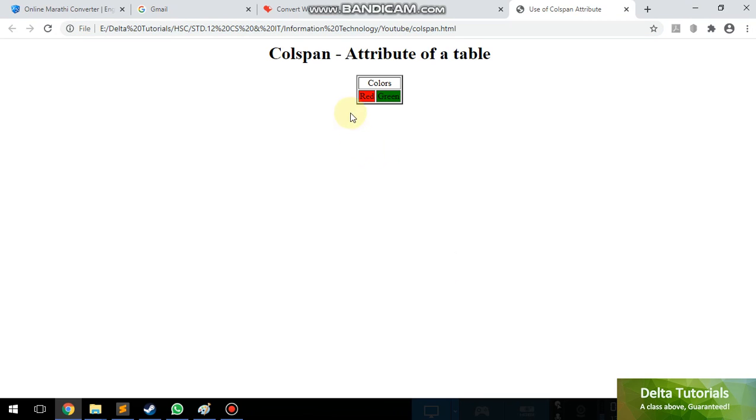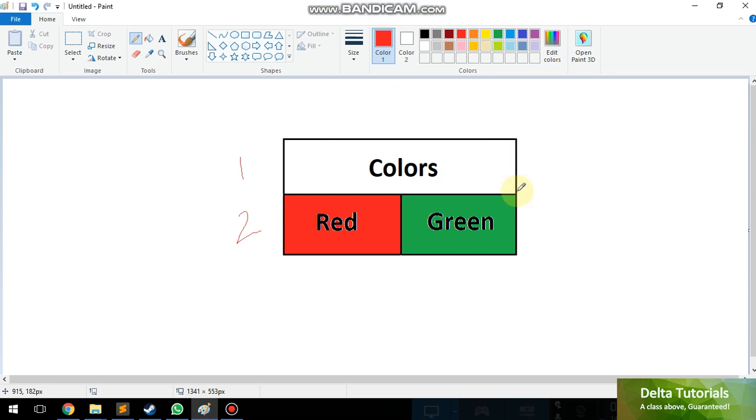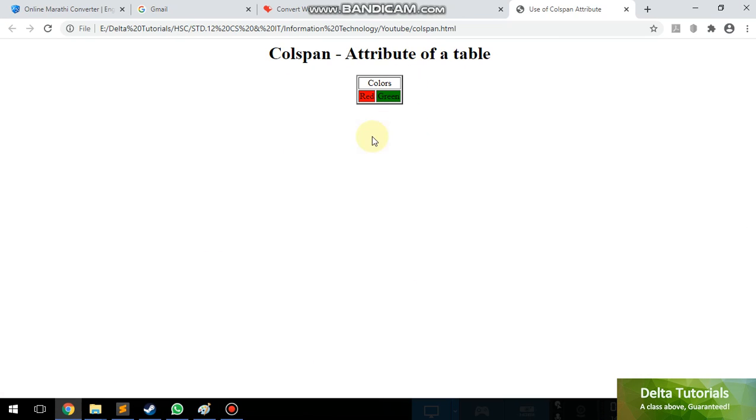We have successfully run our program and the output is in front of us. See, we have not specified any font size or any font style here, that's why it is appearing in small format in the default font. But if you see the output which we were expecting previously, a similar kind of output has been generated over here. Okay. Thank you.